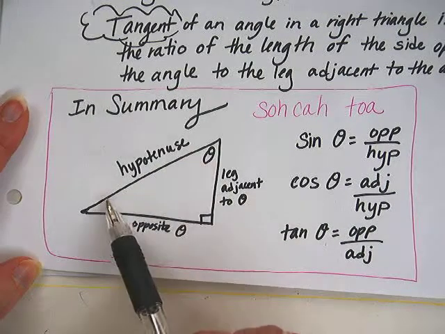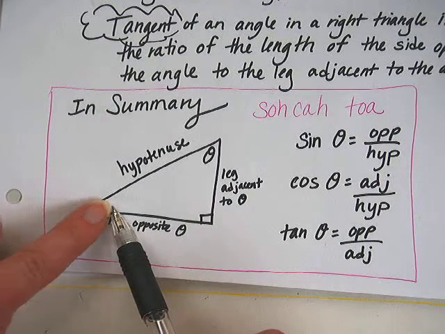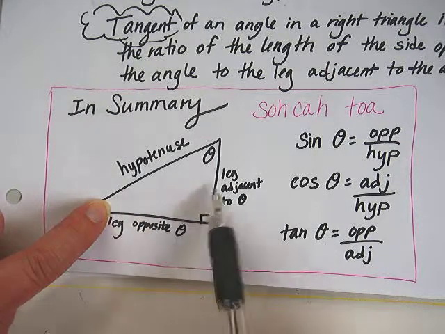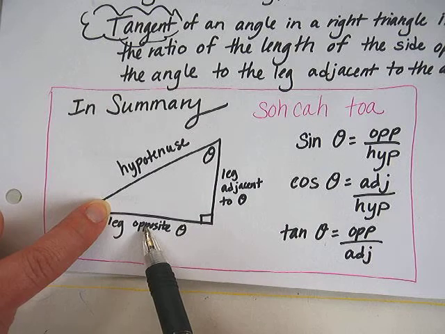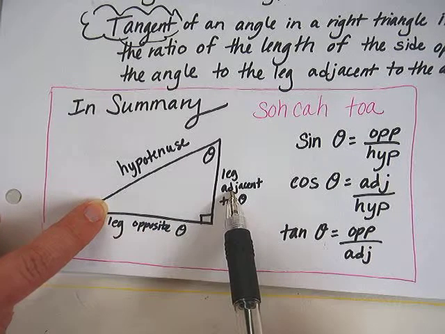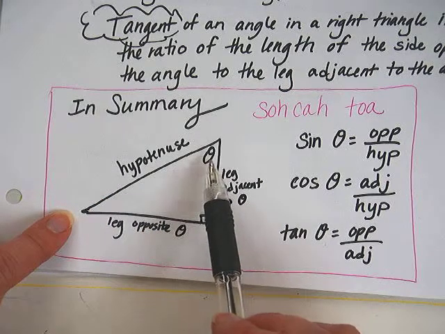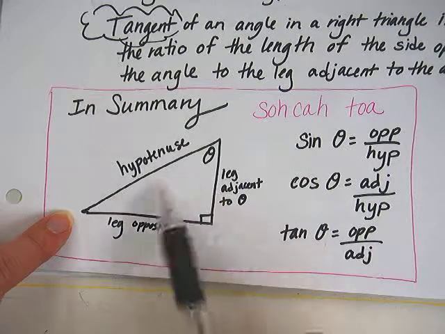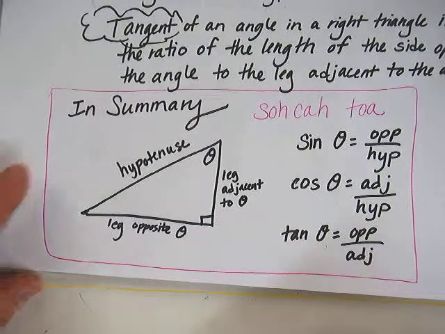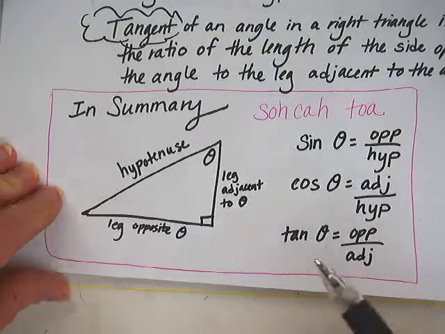If we were referring to this angle instead, down in this corner of the triangle, then the opposite side would be here and the adjacent side would be here. They would just trade places. That does happen sometimes, so you have to pay attention to where the angle is that you're working with to know which leg is adjacent and which leg is opposite. With that in mind,